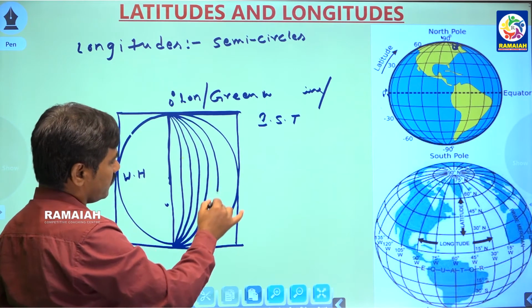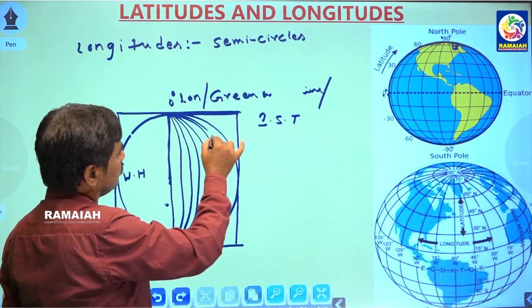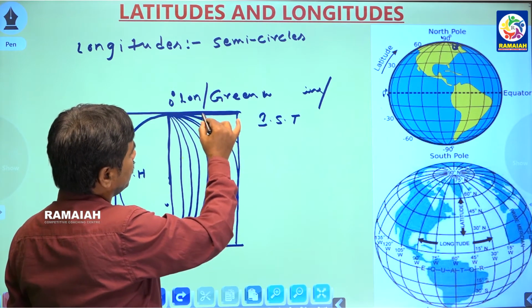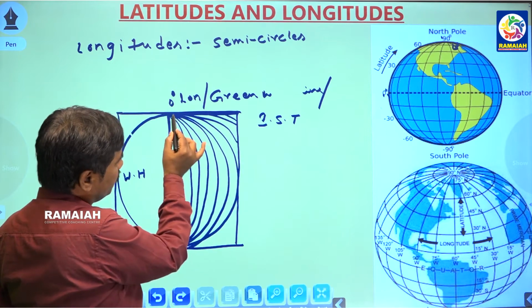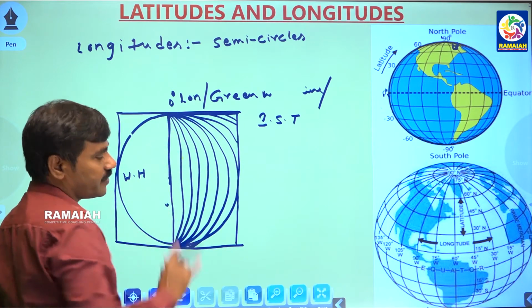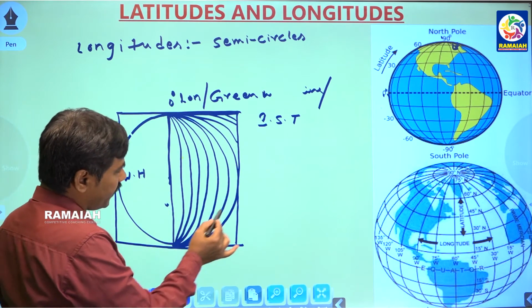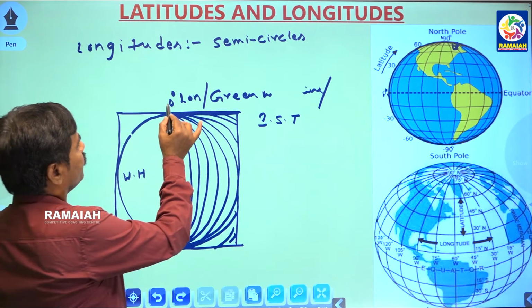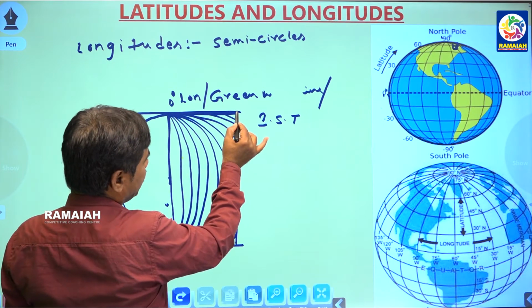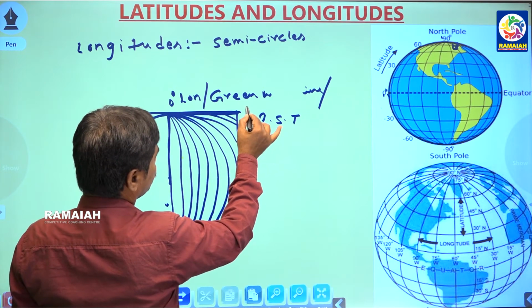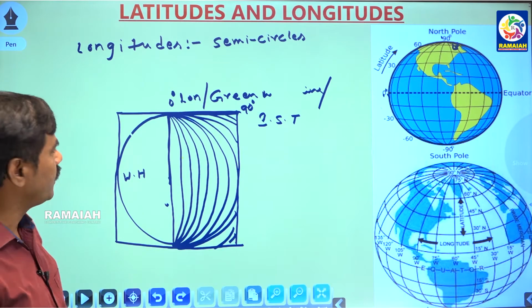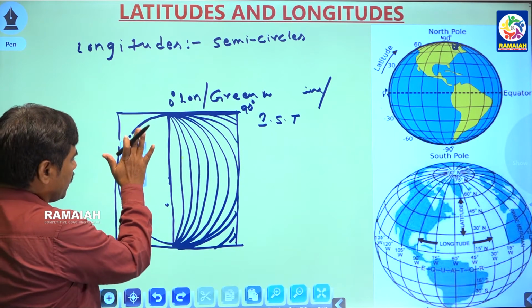From 0 up to the eastern extreme longitude, which is called the 90 degree longitude. And the western hemisphere also